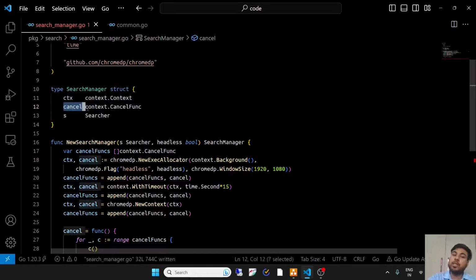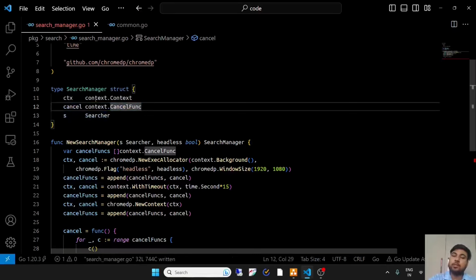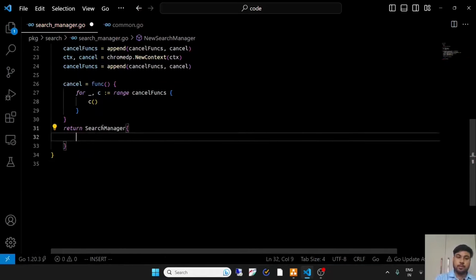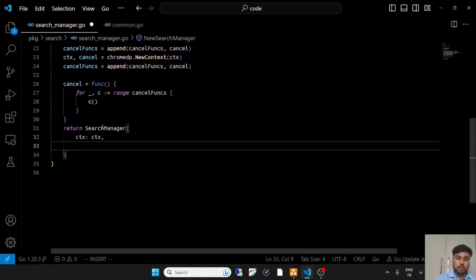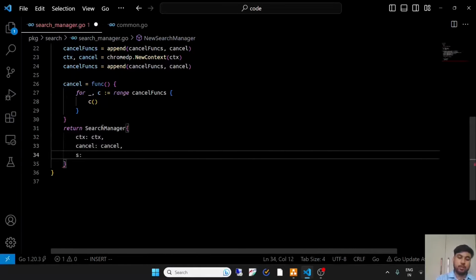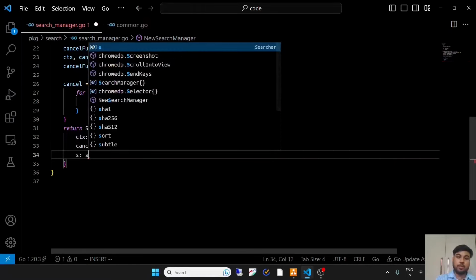This cancel will be called in case any error occurs, or in any way if we want to close the browser, we'll just call this cancel function, and we'll simply return the search manager with the context as ctx and searcher to be s.